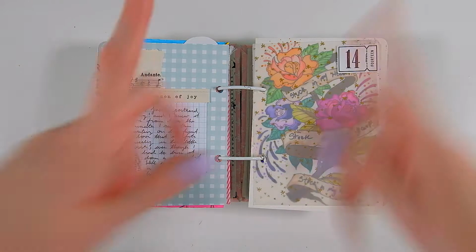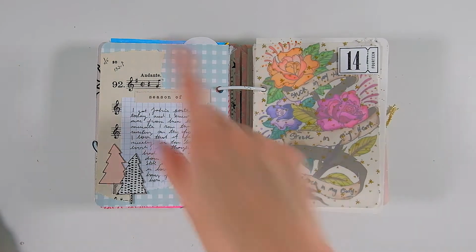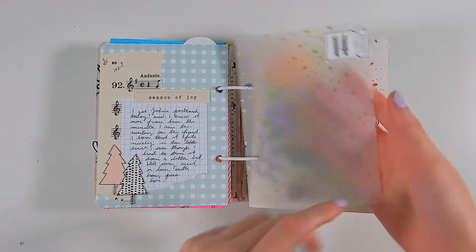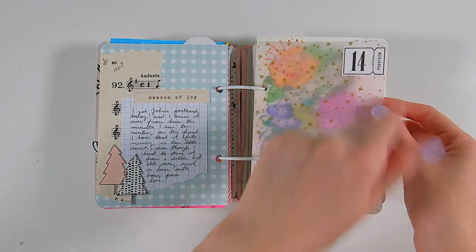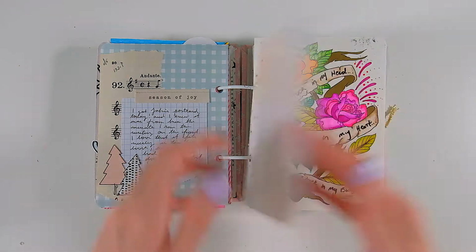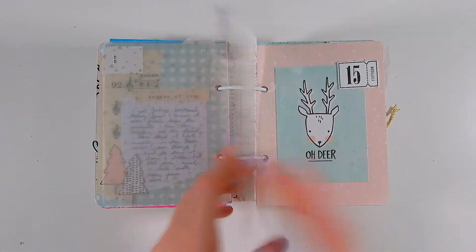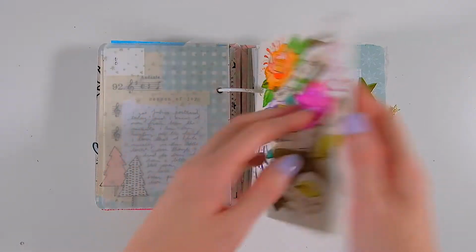14 was documenting another card that I got. My friend John sent postcards, so I did a little collage and a little writing space and wrote about that. I had this vellum, the sparkly star vellum, so I did the same thing and clipped my staple to the number there. Then I had to trim down his postcard a little bit, but not too much. So this one does stick out a little bit because I didn't want to mess up the